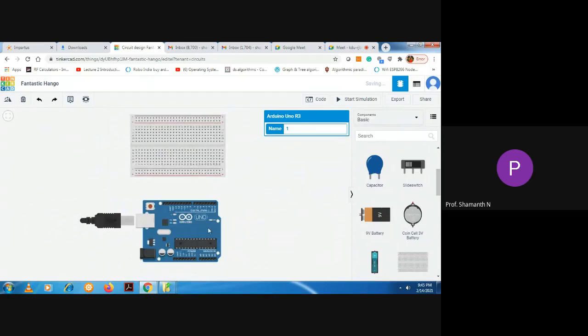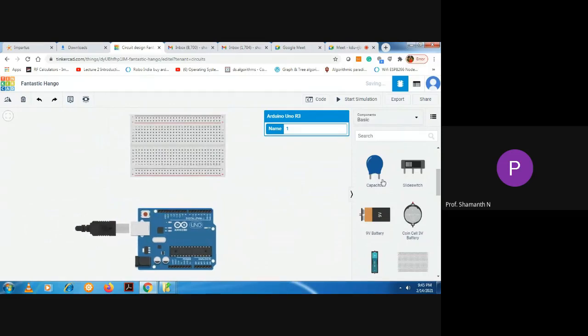Now let me start implementing the second project, which is the traffic light controller. Here you have the breadboard and the Arduino board. Using this, let us implement the traffic light controller project.